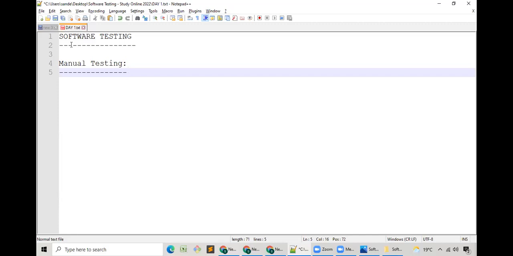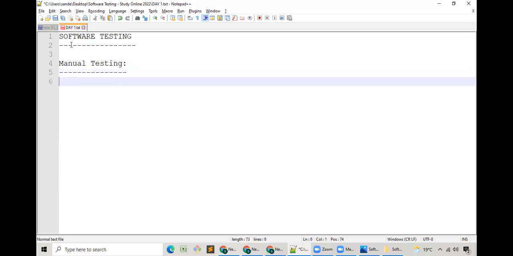Same thing. You attend 5 free demo sessions. Sir, why, sir? You have to see my teaching skills. You have to see how exactly the content is being taught in the class, and you have to understand what this Study Online is and who this Sandesh is, what he is doing, all those things. In 5 days, 100% you'll understand. There is no doubt about that. Afterwards, if you're really interested, take up the course. If not, there is no force from my side. Is that fine? Okay, great.